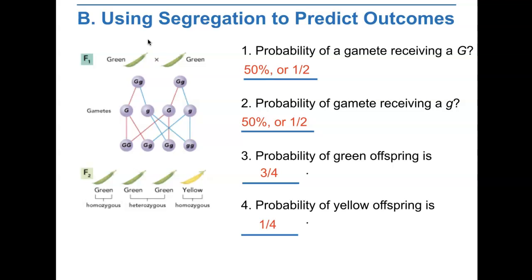The way in which alleles segregate during gamete formation is every bit as random as a coin flip. Therefore, the principle of probability can be used to predict the outcomes of a genetic cross. Like a coin toss, each F2 gamete has a 1 in 2, or half, chance of carrying a small g allele. There are 2 gametes, so the probability of both gametes carrying the little g allele is half times half, or 1/4. In other words, roughly 1/4 of the F2 offspring would have yellow pods, and the remaining 3/4 should have green pods. The predicted ratio: 3 offspring exhibit the dominant trait and 1 offspring will exhibit the recessive trait,